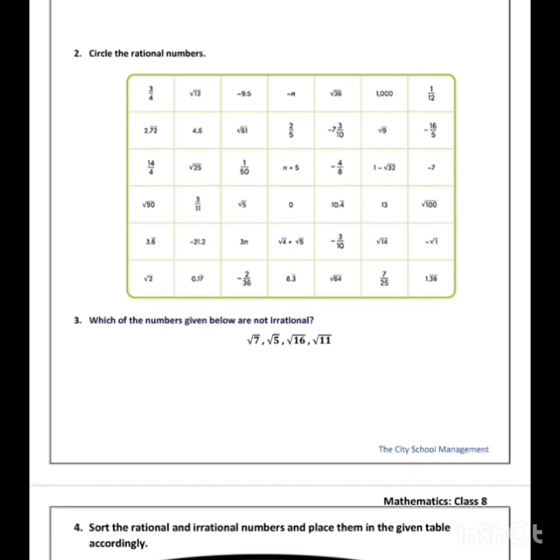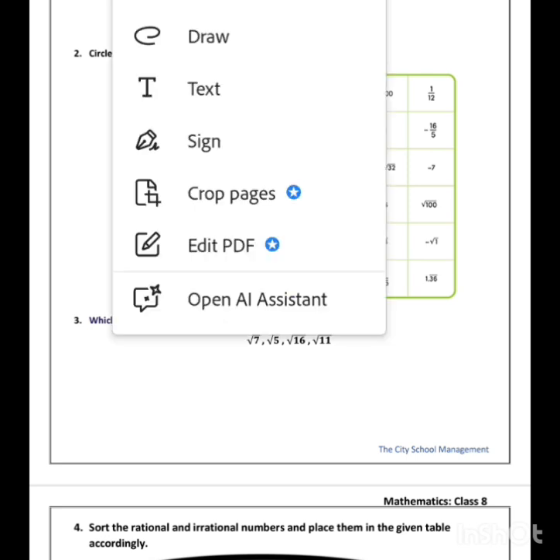Question number 1 is, find any four rational numbers between 2 by 5 and 1 by 2. So for that we should know that there are infinite rational numbers between 2 by 5 and 1 by 2. But how can we name four rational numbers? So for that, let's convert them into decimals first, so that we have an idea what these two fractions are equal to. So if I convert 2 by 5,